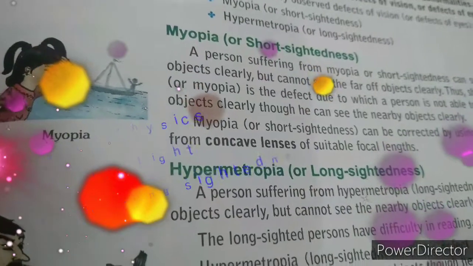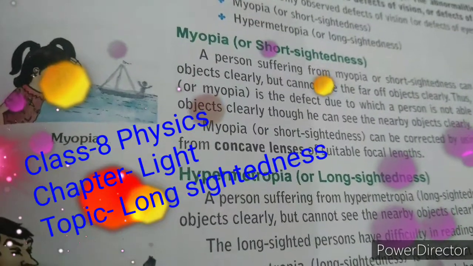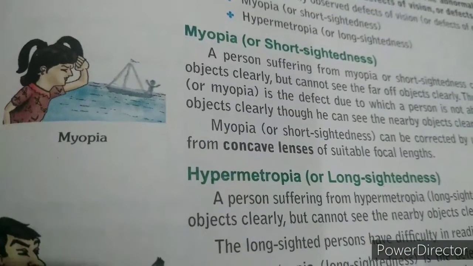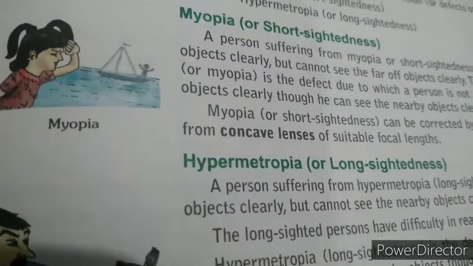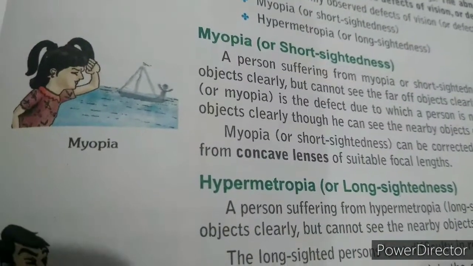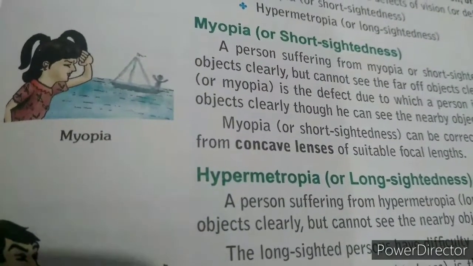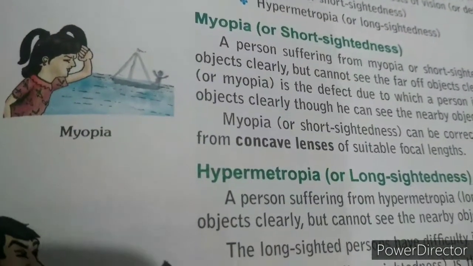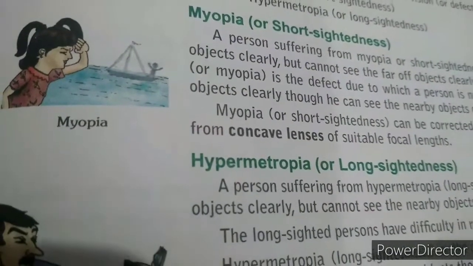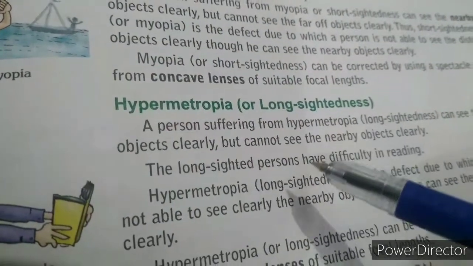Hello students, we all were going through one chapter, that is light, and from that chapter we have started the topic that is defects of vision, and we have already sent you some study material and the videos about the topic short-sightedness, that is the myopia, and today we will read about hypermetropia or the long-sightedness. Okay. So at first, the definition, that what do you mean by hypermetropia or the long-sightedness?